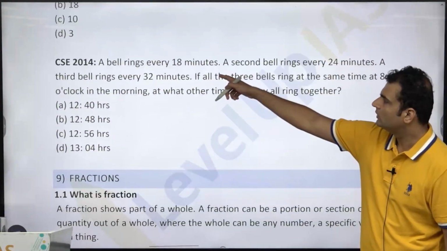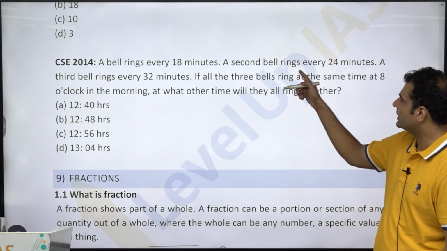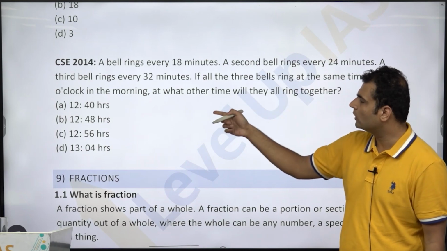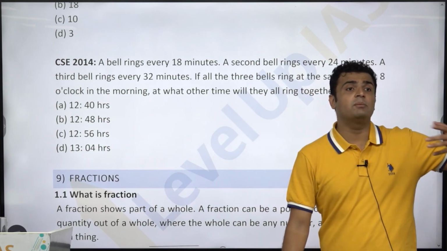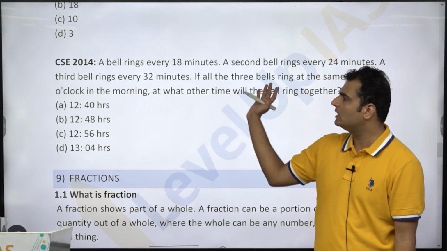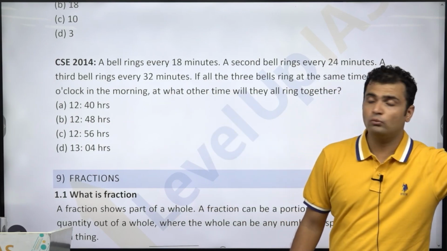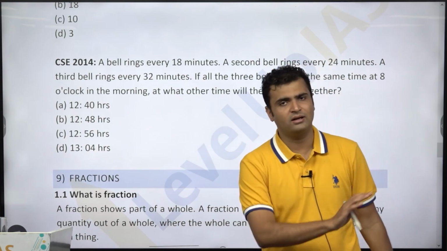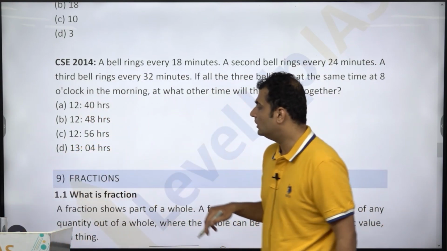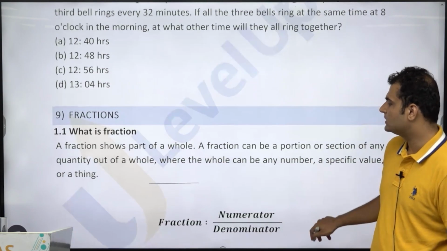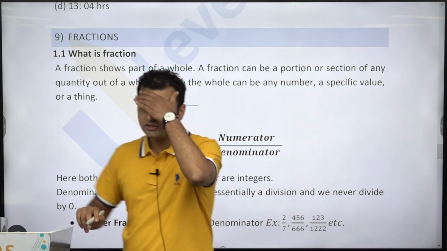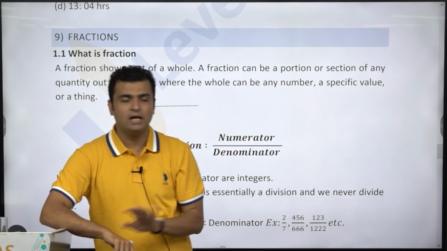यहाँ पे भी देखो 18 मिनट्स एक बेल रिंग होती है, सेकंड बेल 24 मिनट्स, थर्ड बेल 32 मिनट्स। इफ ऑल द बेल्स रिंग एट 8 o'clock इन द मॉर्निंग, तो फिर एक बार साथ में कब बेल रिंग हो जाएगी। तो ऑल वी हैव टू डू इज फाइंड आउट एलसीएम एंड उसके हिसाब से कितना वो मिनट्स को आवर्स में कन्वर्ट करके आंसर निकालना है। सेम सेम सेम अप्रोच, नथिंग चेंजेस। आई होप दैट इज क्लियर, दैट इज अ एलसीएम।